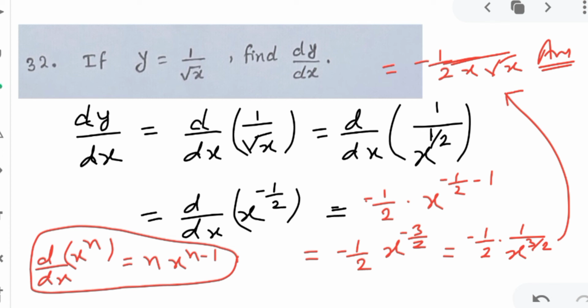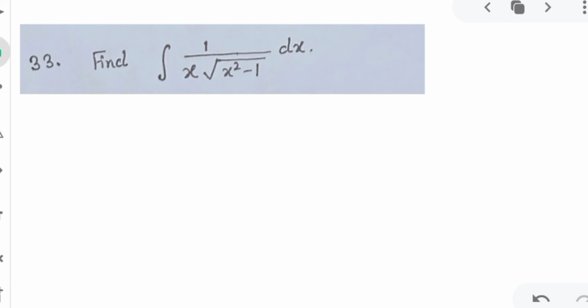Okay. So now we'll move to question number 33. Question number 33 is a find-the-integration question. This question is a little bit lengthy, so this can come in a 2 marks question also. Okay, as I included the question here, I will discuss. But this can come in 2 marks also. Few questions can come in 2 marks also if they are lengthy. Okay, but we have to do everything: 1 mark question, 2 mark question, 3 mark question. So I am discussing this question here.